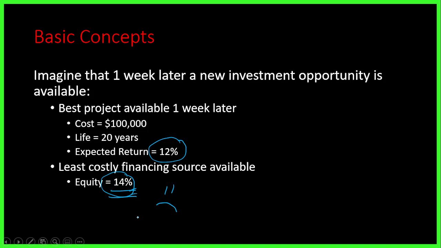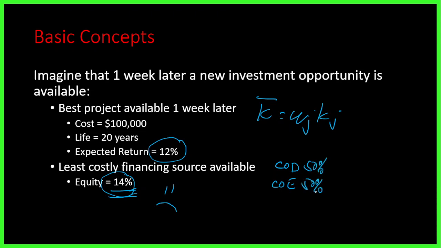So now what if you computed for the average cost of capital? The average cost of capital is actually the weight for your source of financing times your cost of financing. So let's just assume that the weight for cost of debt and cost of equity is both 50%. I'm going to discuss the source of this 50% later. But as of this point, I just want you to understand that, let's say, out of your total financing, yung pinanggagalingan ng capital natin.